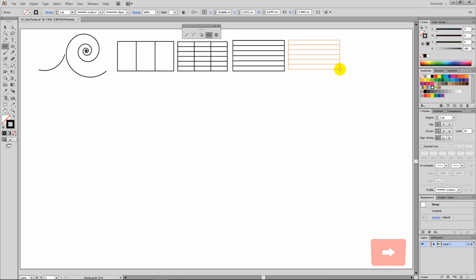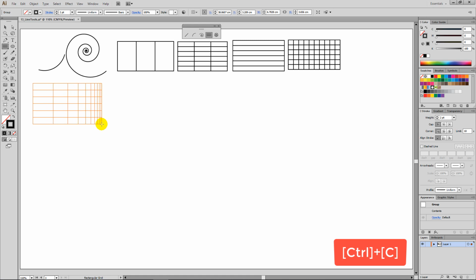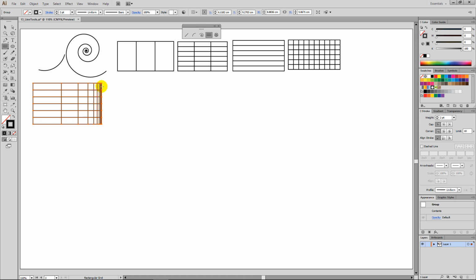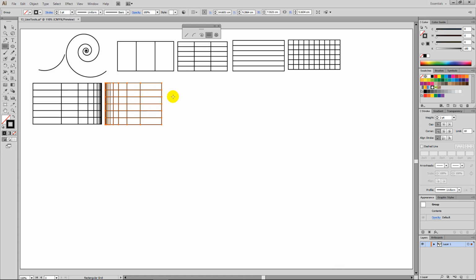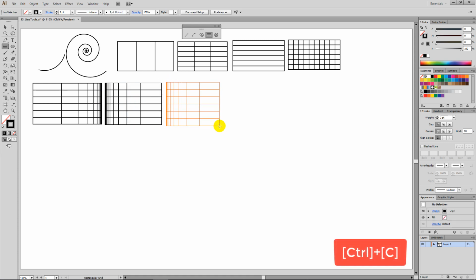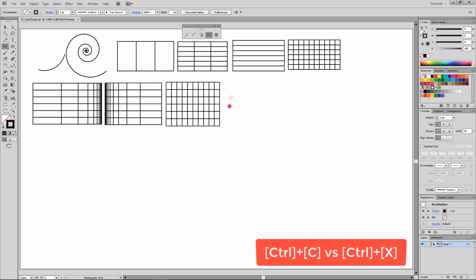number of vertical dividers. If you hold down Ctrl C while clicking and dragging on the artboard, the left side of the vertical column becomes wider and narrower toward the right. If you hold down Ctrl X while clicking and dragging on the artboard, the left side of the column narrows and widens to the right. Press Ctrl C several times to return to an even rectangular grid. Ctrl C and Ctrl X are the Skew shortcut keys that make the width of the vertical space of the